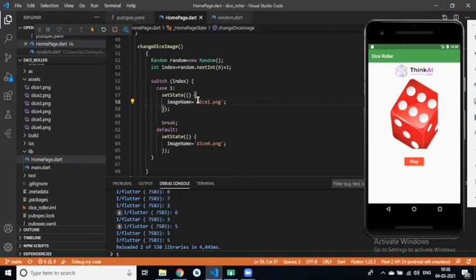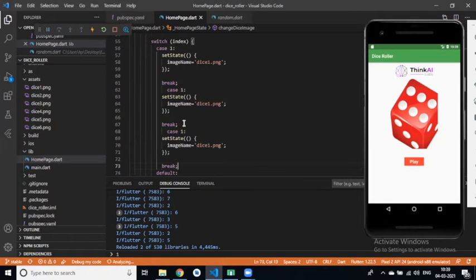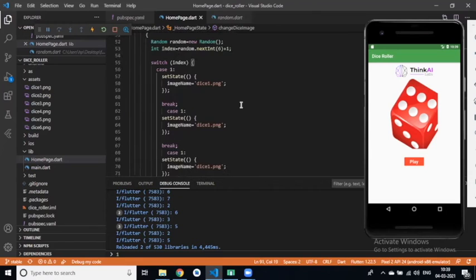Yes, Roshan. So in case 1, we have set state image 1. Simply copy this and paste it 6 times, right? 5 times, because by default it will come 6.